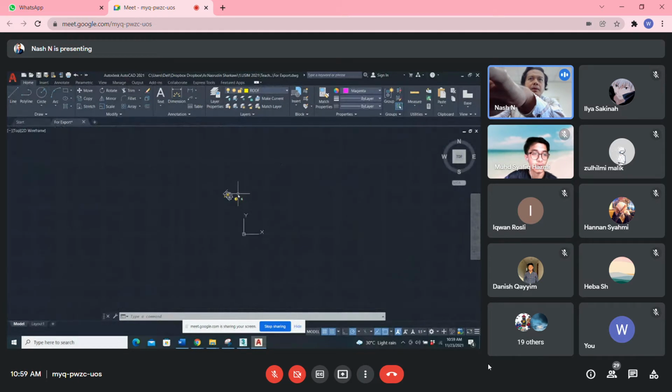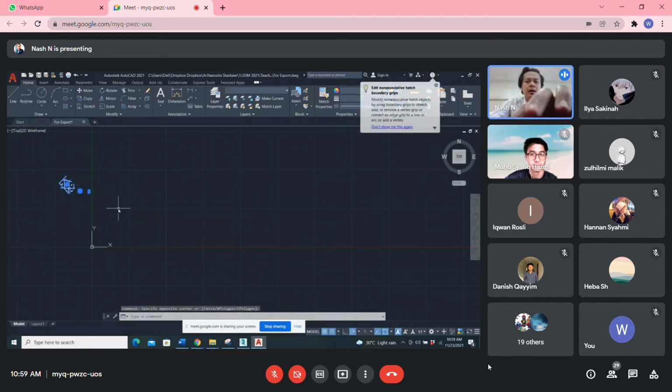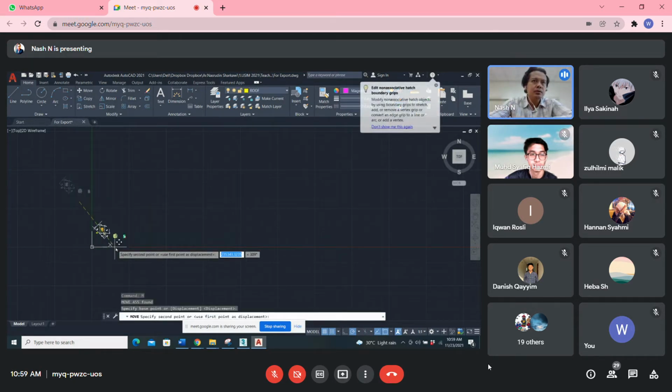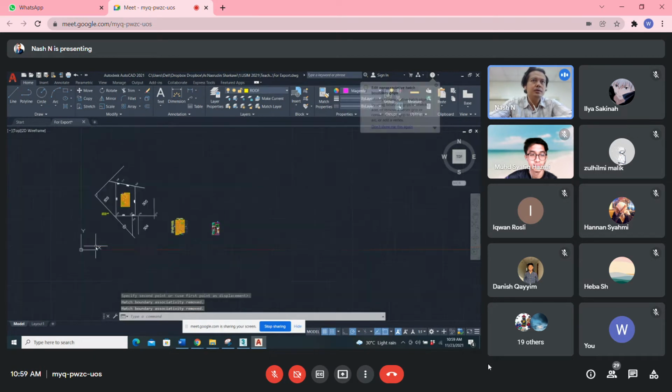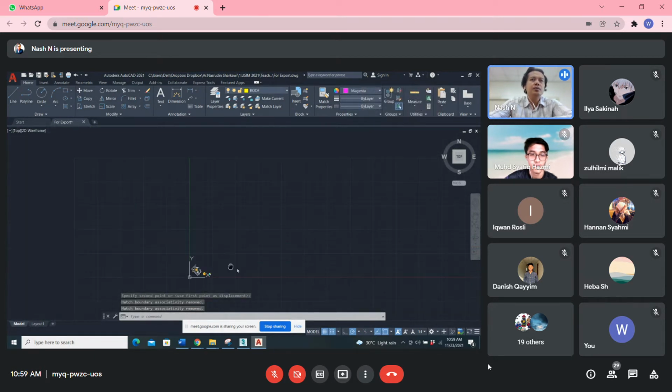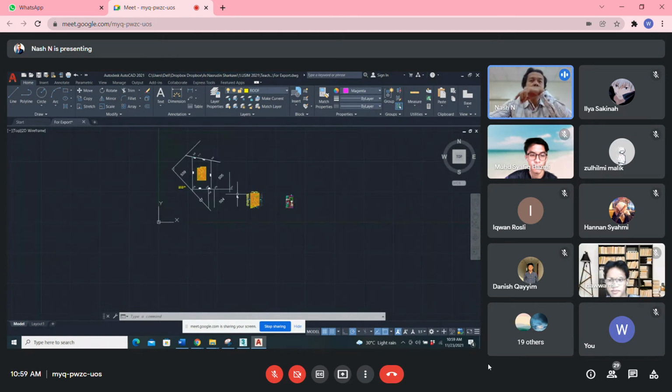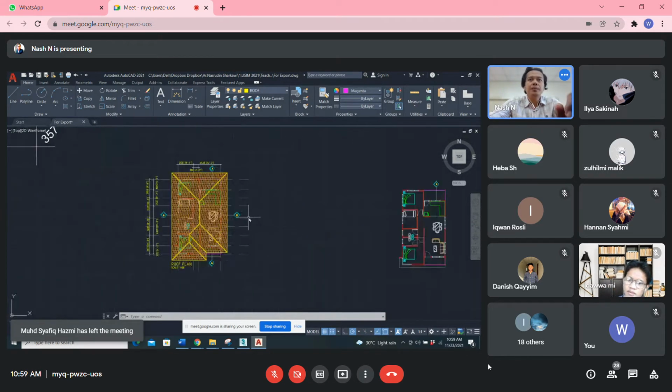Okay, then remember, you can see the X and Y here. So like me last time, whatever I want to do, I make it closer to the dimension here. So easy. Closer. If you do it here, there, everywhere, later if you export it to 3D, you might lose the thing that you export.